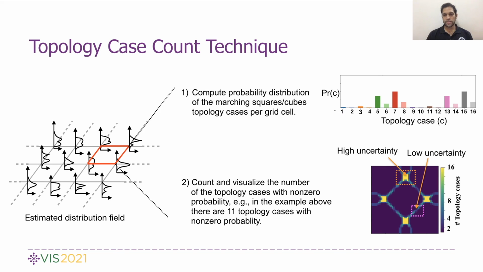For example, in the topology case histogram shown in the top right image, there are 11 cases with non-zero probability of occurrence. Having derived the topology case count field based on the distribution data, we then visualize it via color mapping, as illustrated in the bottom right image. In the bottom right image, the yellow region indicates the positions of relatively high topology case count, or relatively high